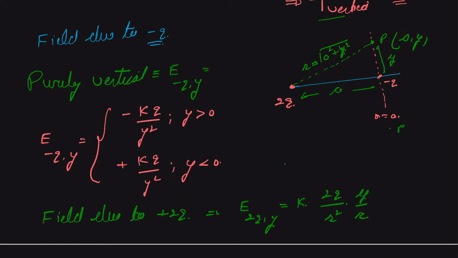Okay, this is quite standard relationship, and if you want we can still make an approximate. So we have this is our 2q, and this is our point P, okay, and this is, let us suppose, angle theta. So this is our r. So electric field is going to have two components, okay, and we are only interested in the vertical component. So this will be our vertical component E2q y,